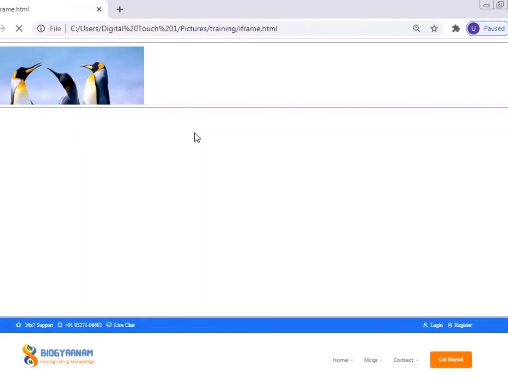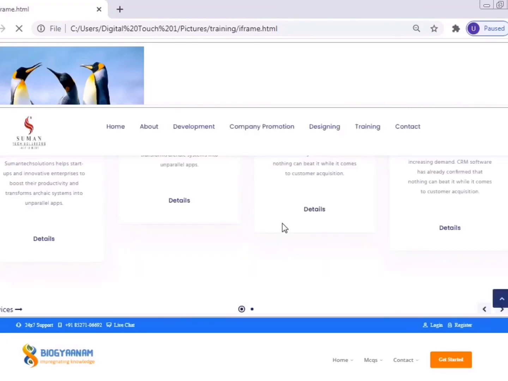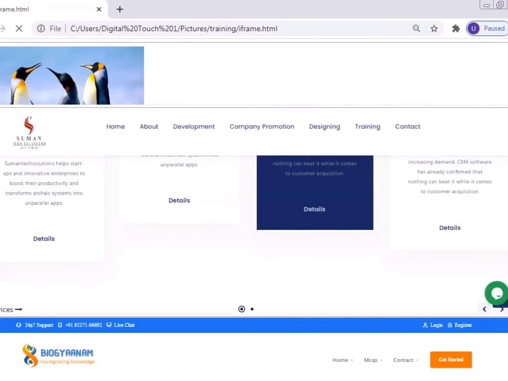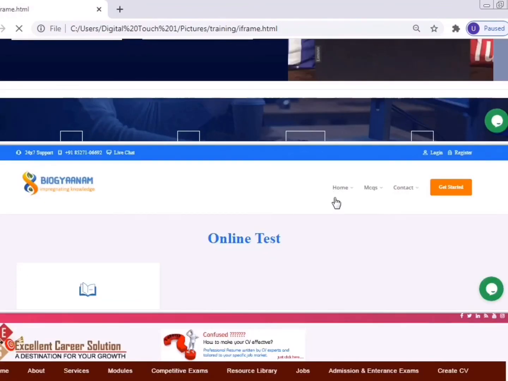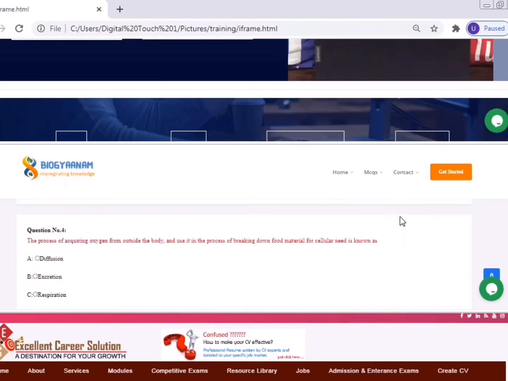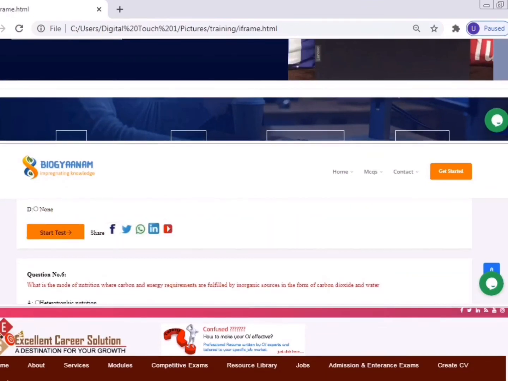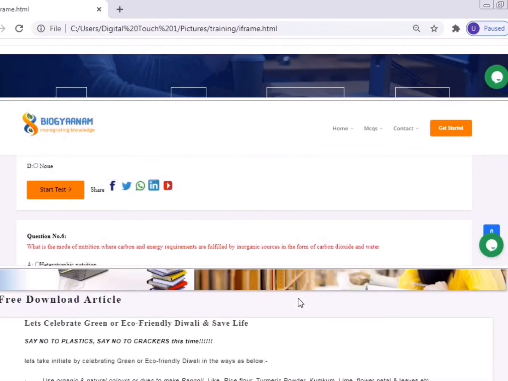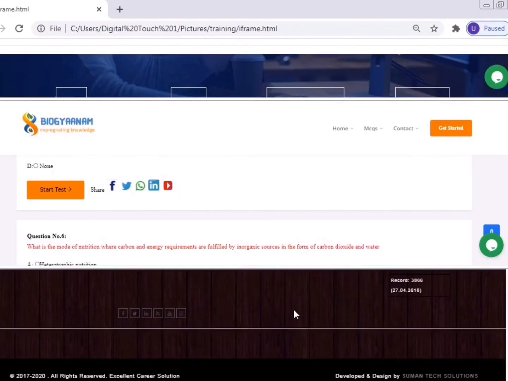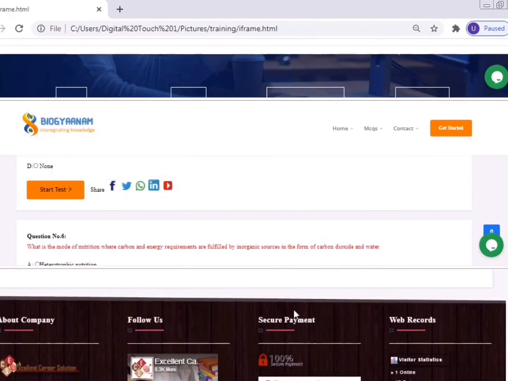The first is the image iframe, the second is the Suman Tech Solutions website iframe, the third is the Biogyanam website iframe, and the fourth, which we have given now, is Excellent Career Solution, displayed here. We can see the full website in this iframe by scrolling.